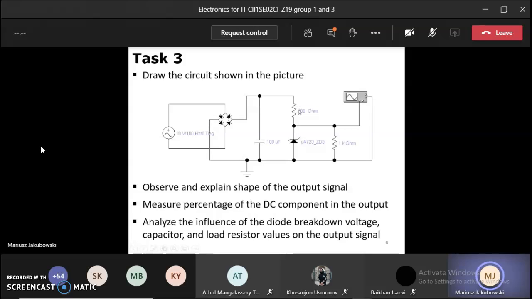When the diode is working in the breakdown mode, its resistance is very small, close to 0, so a large current would flow through the diode, so we need to somehow limit this current, and we do it by adding this resistor. But check